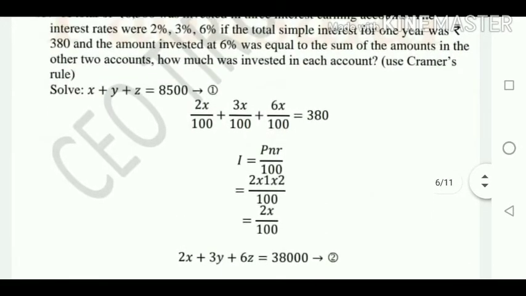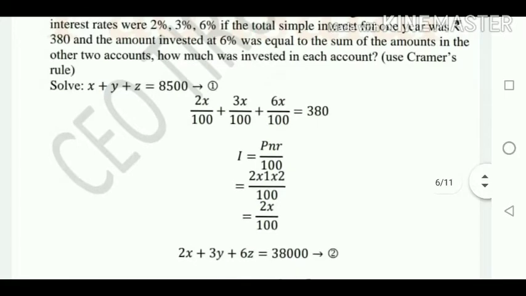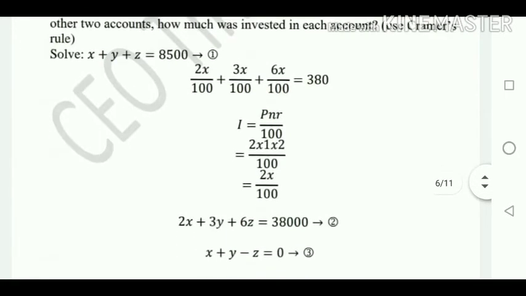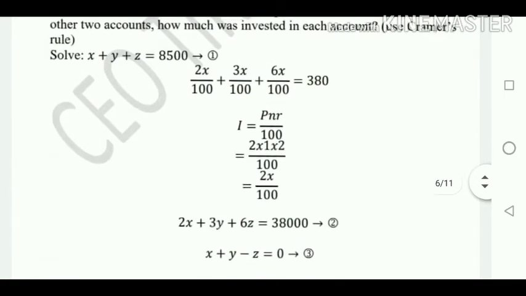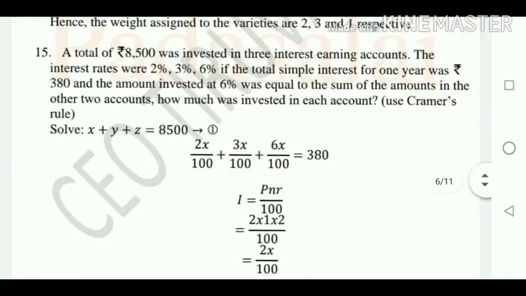That is, the amount invested at 6% was equal to the sum of the amounts in the other two accounts. That is, x plus y equals z. It means x plus y minus z equals 0. Okay, that is the third equation. The second equation is